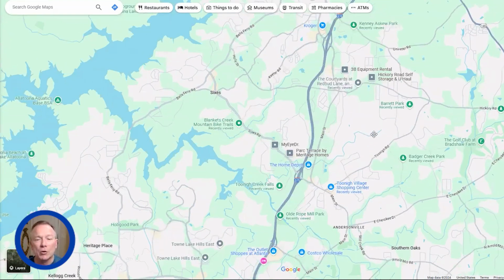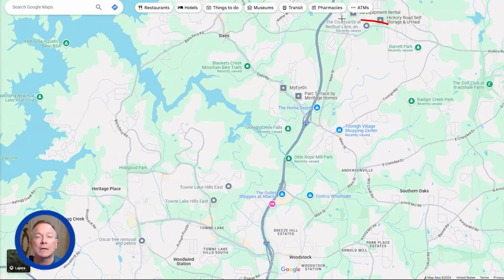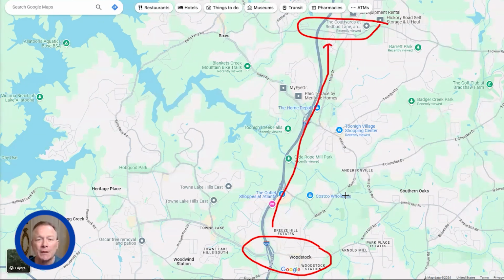But I want to share with you some of the major arteries and roads that you should be aware of. First thing I'd like to point out here, again, this is Holly Springs right here. This is downtown Woodstock right here. And this is 575, a major artery that goes north and south. If you are in Woodstock and you want to live in Holly Springs, but you're wondering how you would get down to Woodstock, maybe you want to go downtown, there's a lot of activities and festivals and outdoor activities, especially in the downtown area. You can either take 575, or you can come down Main Street here, which loops around and goes right into